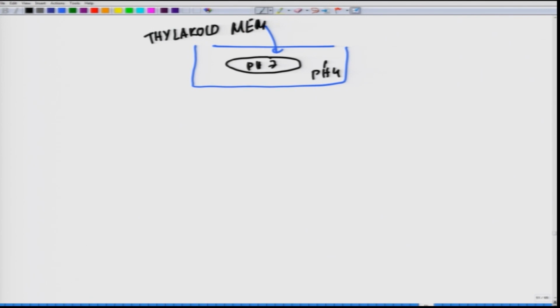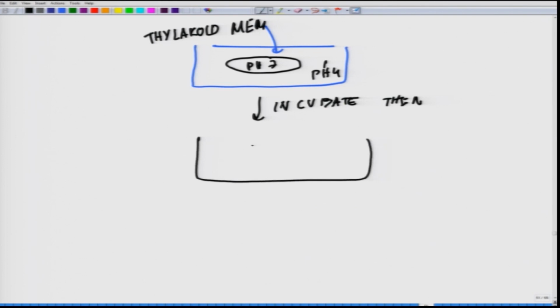Then what you do with the thylakoid membrane, you are keeping them at 4 and you incubate them for several hours, and then what you do is a rapid change of external pH and addition of